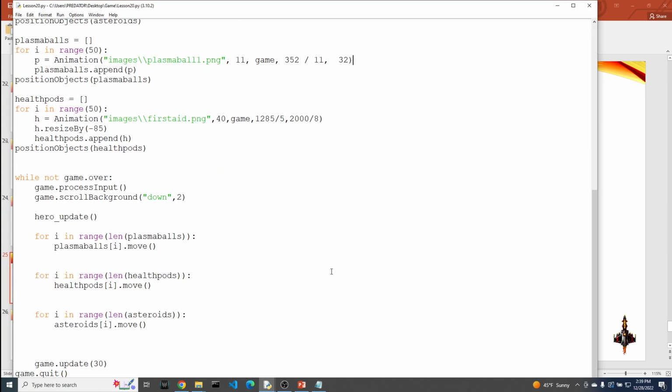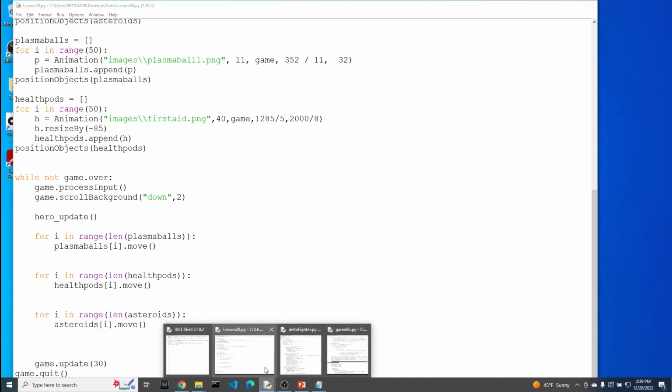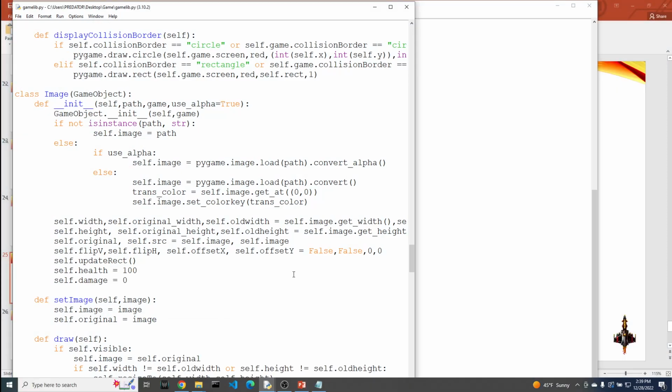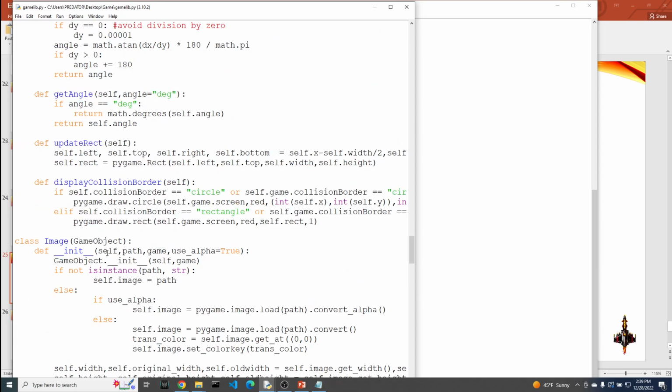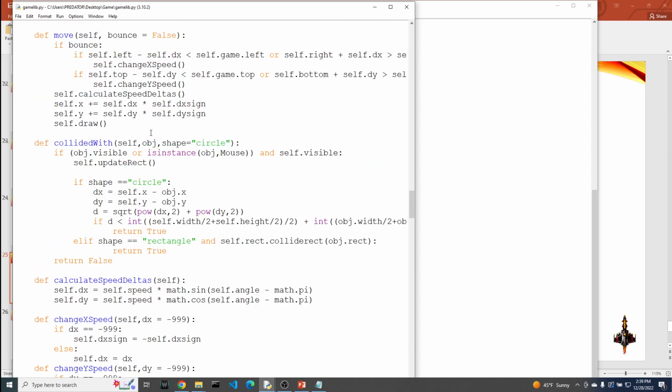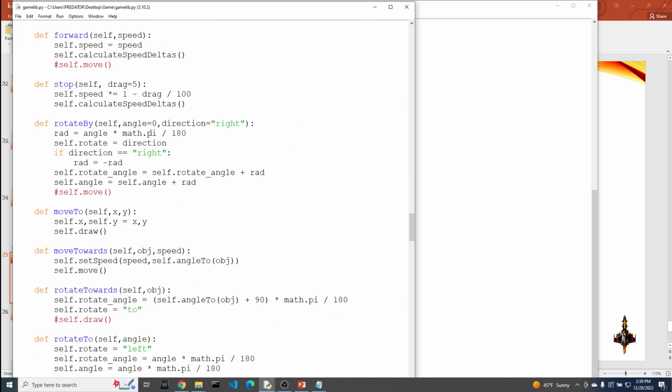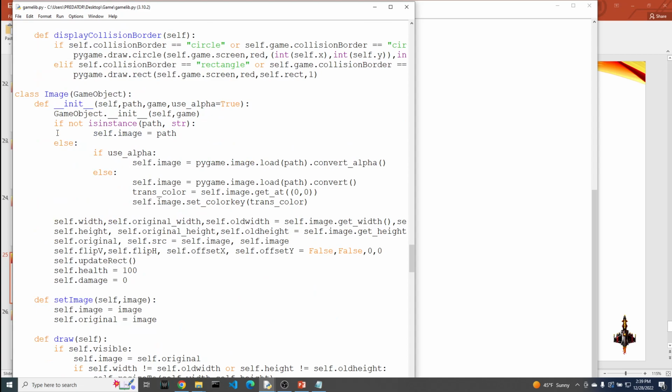Because we have to keep track of the hero's ammo and the hero's health, it begs for us to look at the game library, specifically the image class. All animations are also part of the image class, which means we inherit all these properties from it. Looking at the image class, we can see that by default, we're given two variables for health and damage. Health gets set to 100, damage gets set to 0, but we don't have anything in terms of